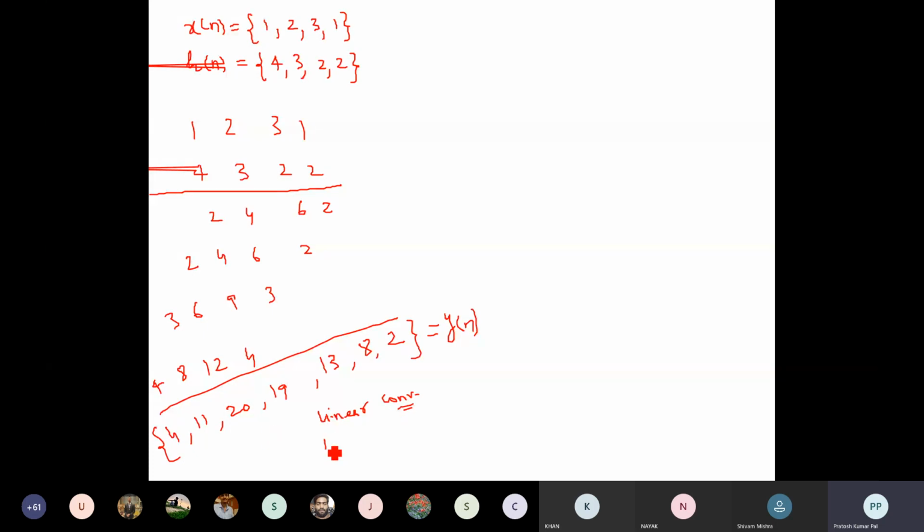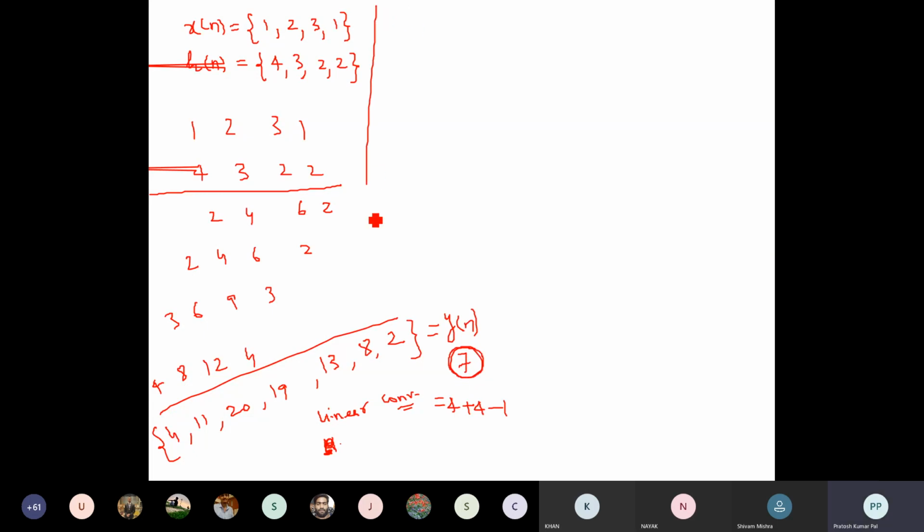So here the total length of this sequence y[n] is 1, 2, 3, 4, 5, 6, and 7. So it is 7. Okay. So individual sequences we can find out like it is 4 and 4. So 4 and 4 will be equal to 4 plus 4 minus 1 equals 7. So whatever two sequences are given, we add the lengths of both and subtract one, that will be the length of the obtained linear convolution result.